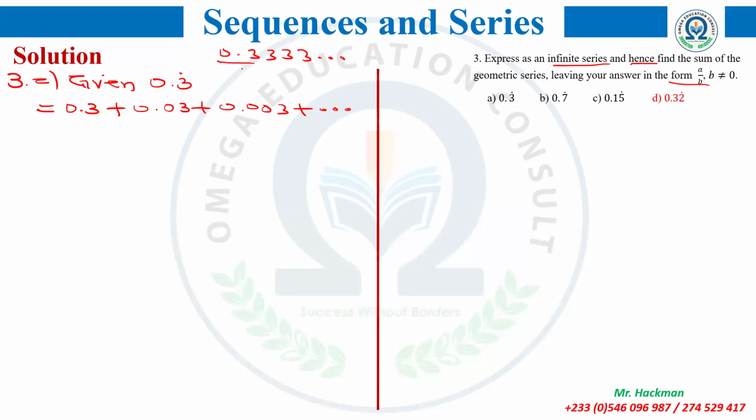So you are going to replace the whole of this by 0.0. Then your next 3 will come. So the next one, the whole of this is gone. You are left with, so you replace this one with 0.00, then your 3 will come. So it means the next term, if I were to write it, would have been 0.003. You get it? Yes, please. So once you get the pattern this way,